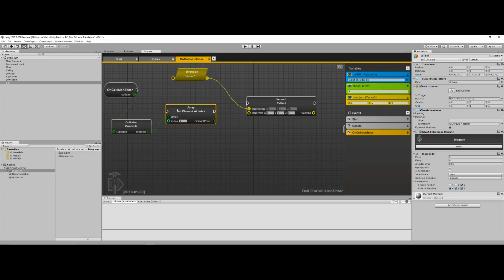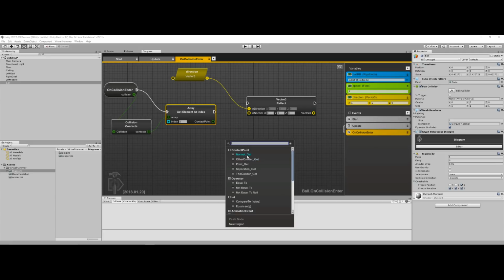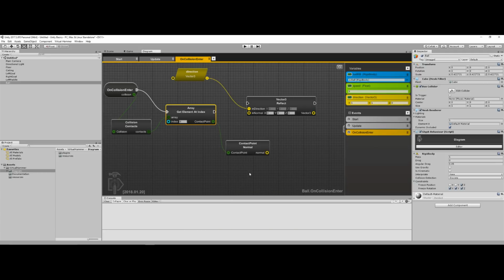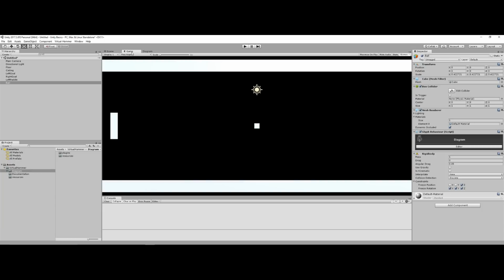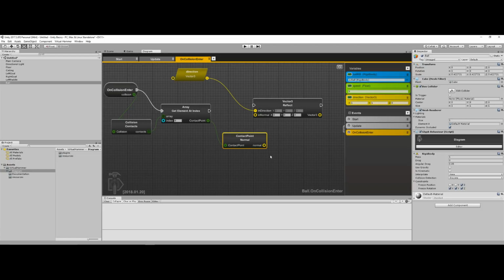So you'll see that this is an operation, so it has these data execution plugs that we need to go through. But I don't want a contact point because that won't go in here. That's not what I need. What I need, if I drag off of this, is normal get. So normal get is, I want the contact point's normal, and that's the surface normal. That's the normal of the surface that I actually hit. So if I take this and pass this into here, and then hook this up,